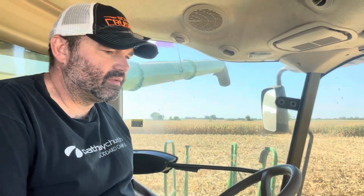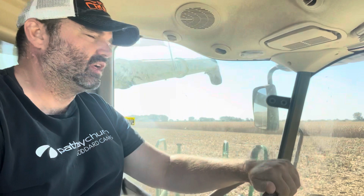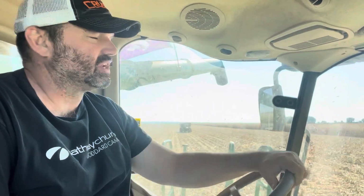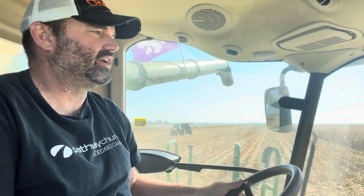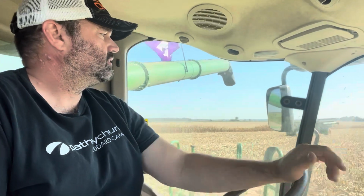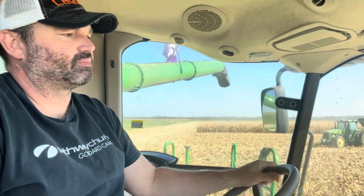Alright, we're going to top the grain cart off. And we'll have our first truckload, and we're just going to keep cutting. I think it's close enough. We'll just keep it cutting and see what the moisture is. Probably cut the first 80 acres of this field. As I said, I think I'm pleasantly surprised,